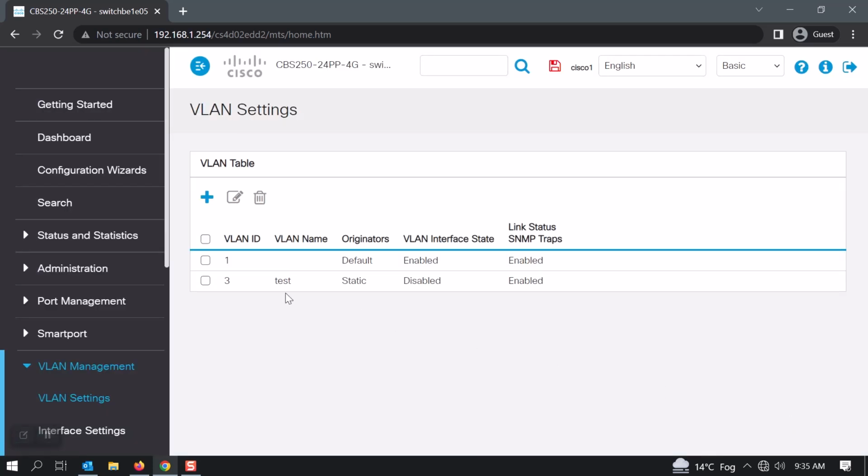On my VLAN table, you can see that VLAN 3 with the name Test has now been added to my network. From here, you can choose to add more VLANs and then assign ports to VLANs. If you're new to VLANs, check out the link in the